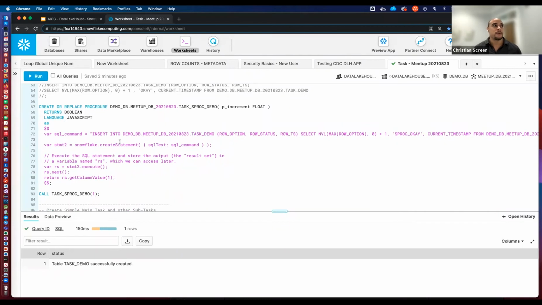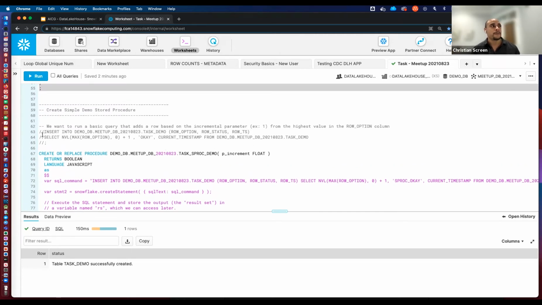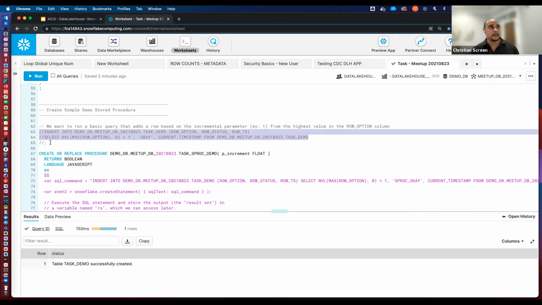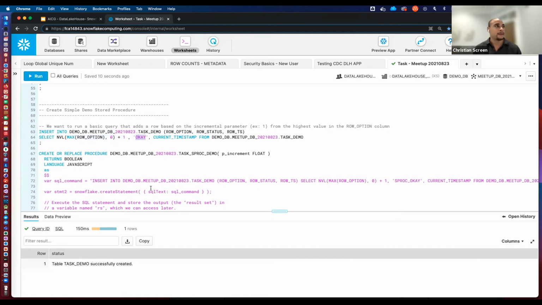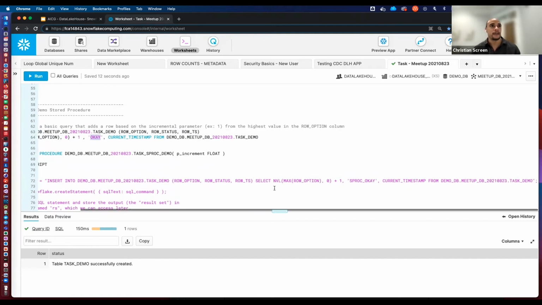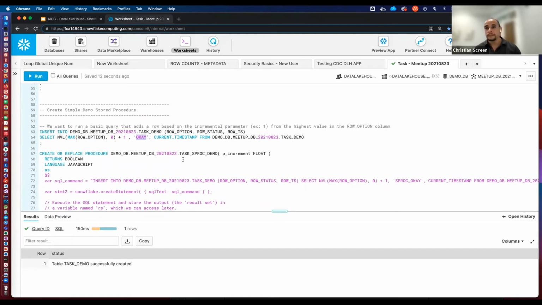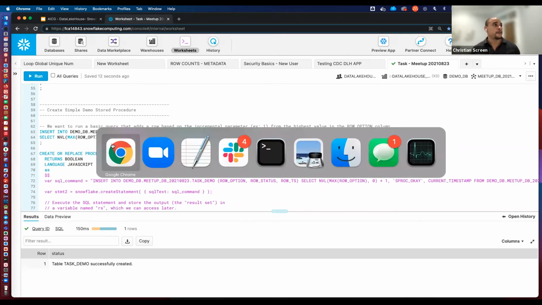Now this one's interesting. What we're doing is creating a stored procedure using standard Snowflake syntax. What the stored procedure is actually going to do is this syntax here. It's going to insert into that table an incremental value on the max record with OK as the filter, I think. Yeah, or SPOK as a filter. So it's basically just going to do an increment, because what we want to do is go from,